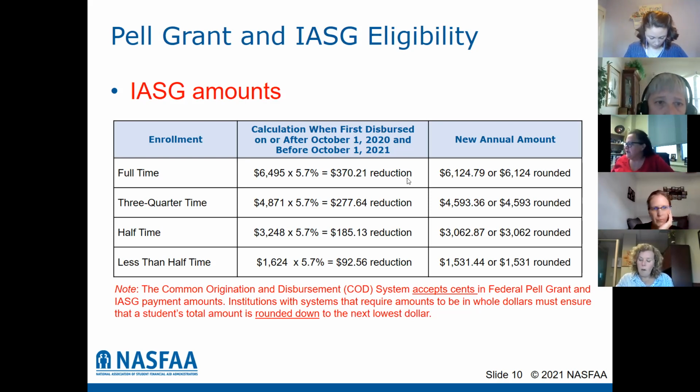So basically, this little handy dandy chart, if you do have a student, you may want to hold on to this. If a student is full-time and eligible for Pell, $6,495, they get it, that's it. But if they're eligible for IASG, there is a portion that's taken off of that award. Now, it's pretty important, but again, you may not have these students. The thing you want to do is make sure if you do have these, you do them correctly. Basically, 5.7% is removed from that award amount. So in this case, let's look at full-time. $6,495 is the amount. You're going to figure out what is 5.7% of that grant, and it's going to be